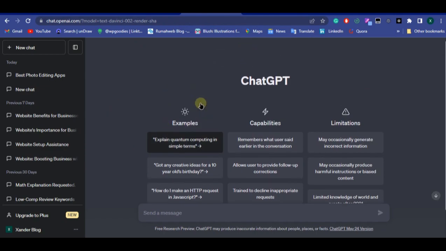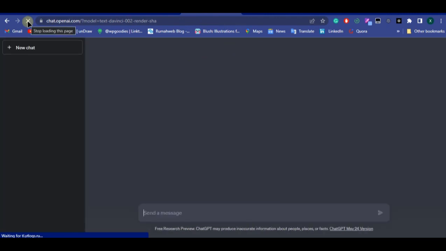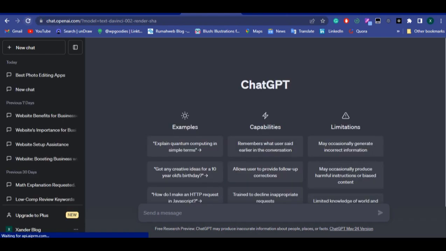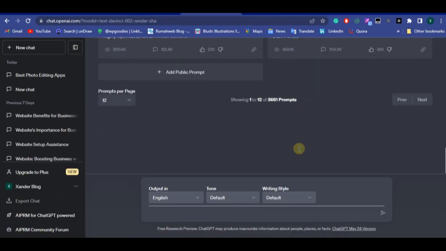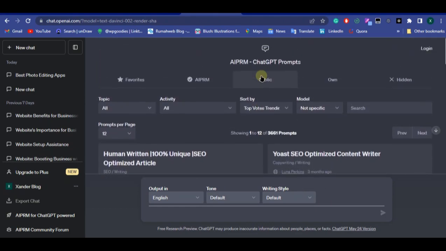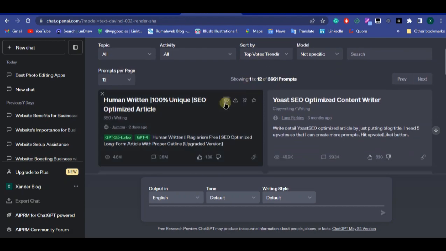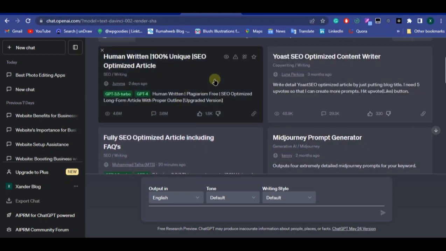So this is our Chat GPT. Then we just need to refresh this. So let's refresh this. Okay, so you just need to cancel. If you look at this interface here now, you can see there is a lot of changes. There are options for you to use to generate content for your blog. You can just choose any of these, but I normally go for this